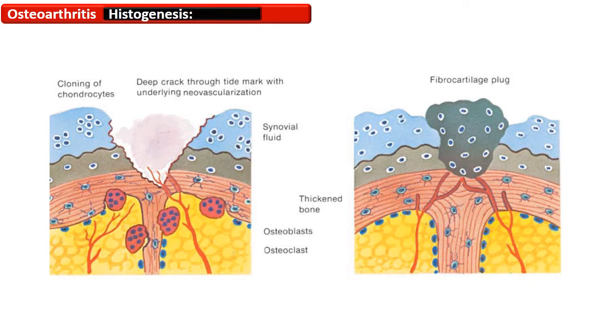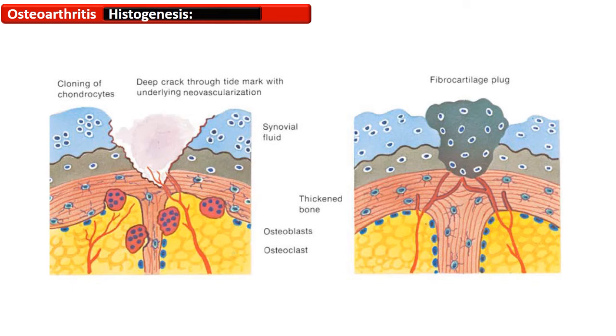and now this defect is going down, and it has gone beyond the tide mark and the whole thickness of the cartilage, and the removed cartilage can go into the joint as a loose body, and some part of the bone has also started to resolve due to osteoclastic activity. And as you know, there is a simultaneous osteoblastic activity there, and due to these activities, the underlying bone is going to be thickened. What happens next